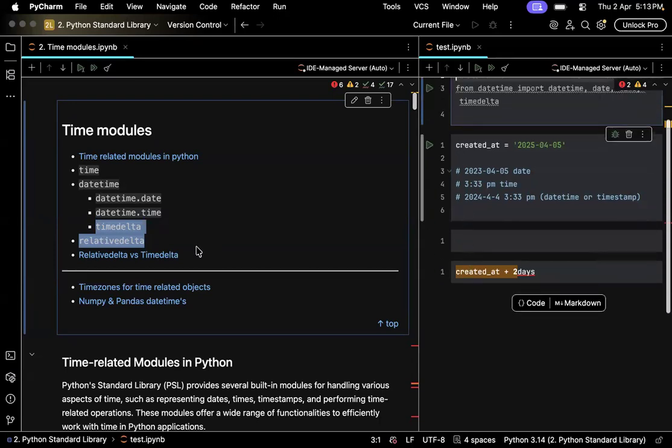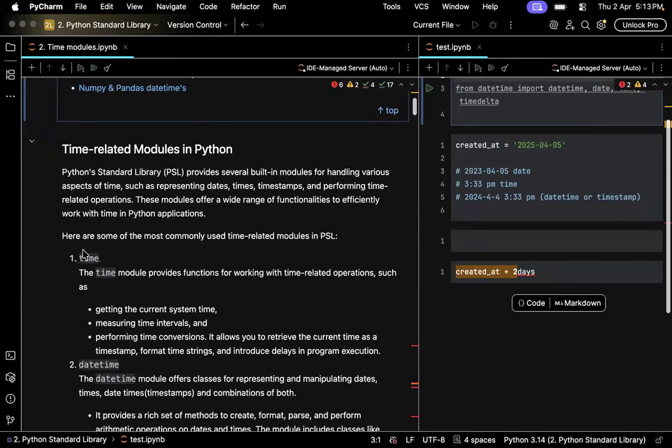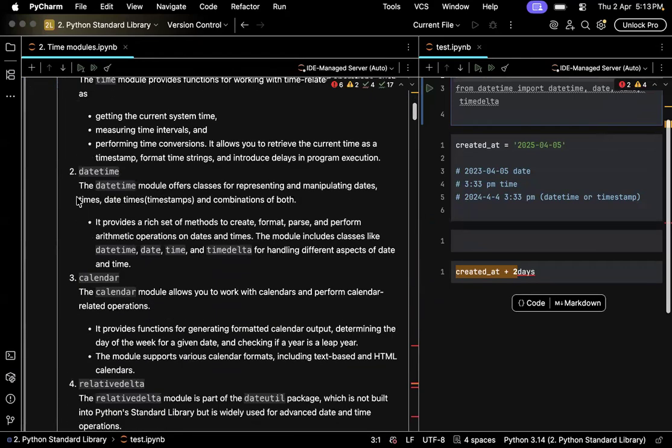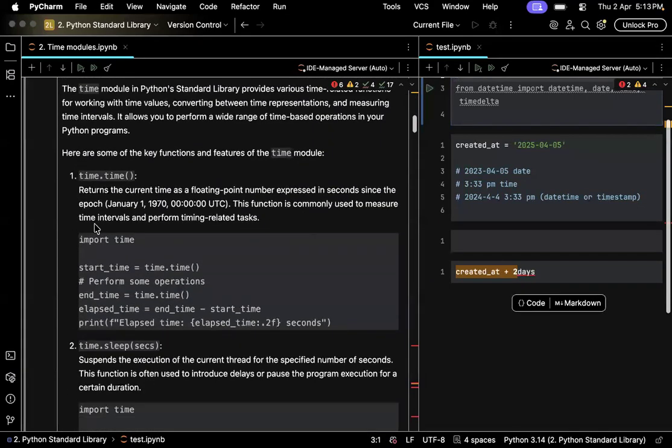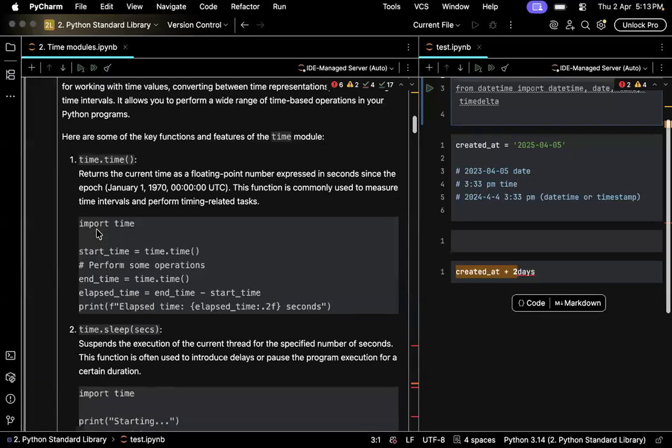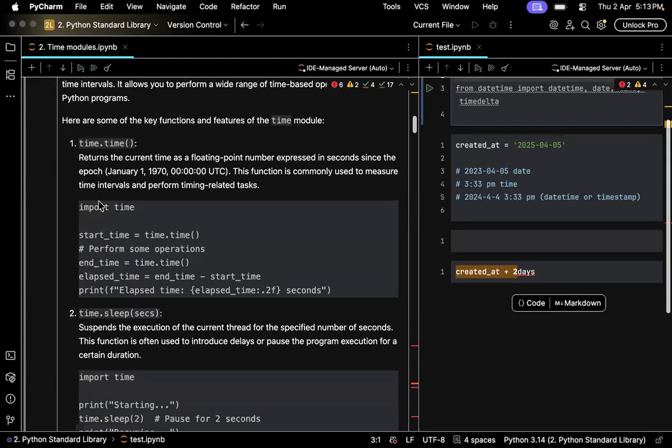First, let me just go over time very quickly. The basic time module has only two functions. At least these are the only two functionalities, two cases where we use it. In order to import time, we just use import time. And then the two functionalities that I told earlier: one is to count the time difference between, let's say,